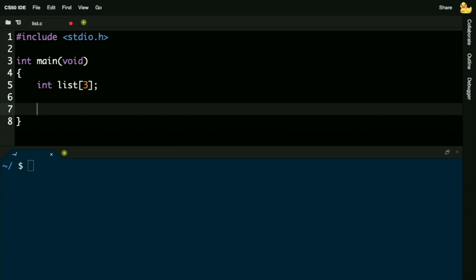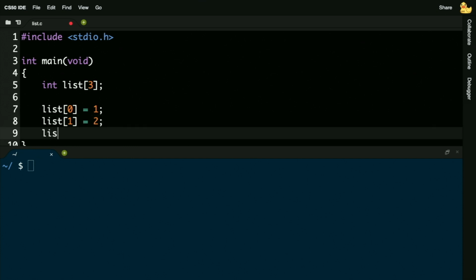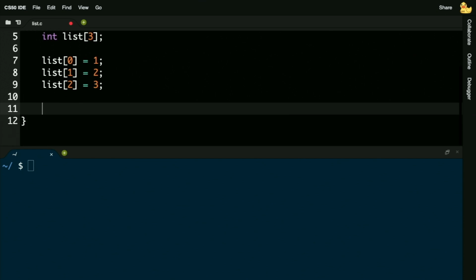And in this array of size 3, I'm going to go ahead and hard code some new values into it. So at the very first location, I'll put the number 1. At the second location, I will put the number 2. At the third location, I will put the number 3. And then just to demonstrate that this is working as I intend, I'm going to do a quick